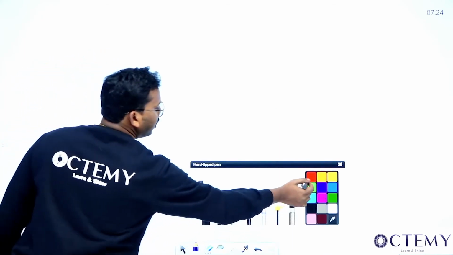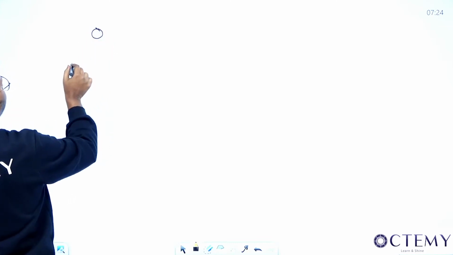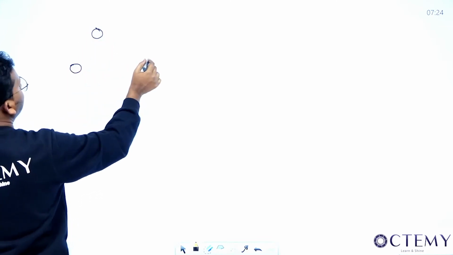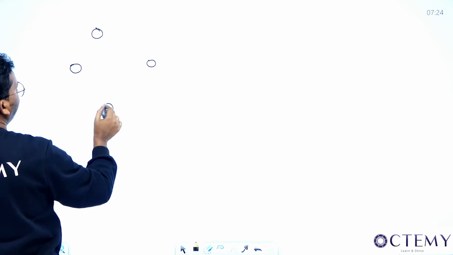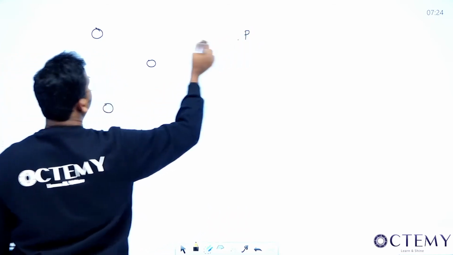look at the second most important point. Assume there is this conductor here, first conductor, there is this second conductor, there is this third conductor, and there is this nth conductor, right? To this point P is my external point which I am trying to find out. Now, we'll have to find, this is a circle, sir.